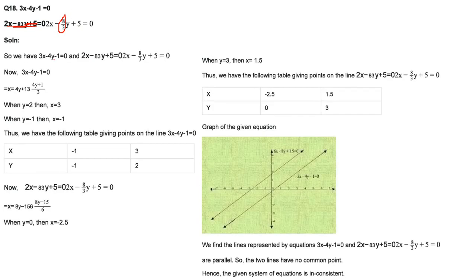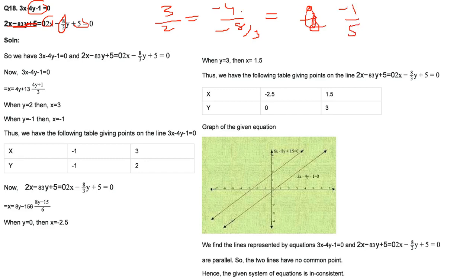Now these are two equations. Now here you have 2x minus 8 by 3y. So I'm just saying that the equations can come where you have this kind of situation also, where you have a rational number, that is p by q form. So when you have p by q form, if this is 3x minus 4y minus 1, if I take a1 by a2, that is 3 by 2. And here also minus 4 by minus 8 by 3. And here minus 1 by 5. It doesn't matter anyways.